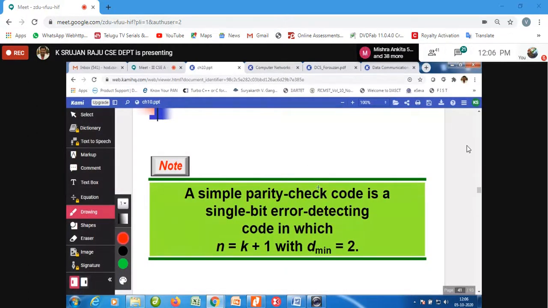Now when you use a simple parity check code, it is a single-bit error detecting code in which n is equal to k plus 1.